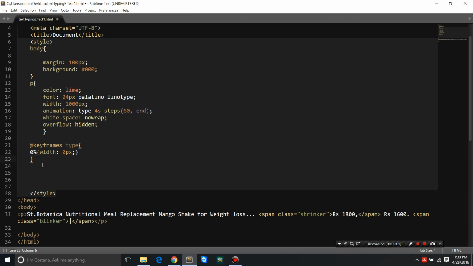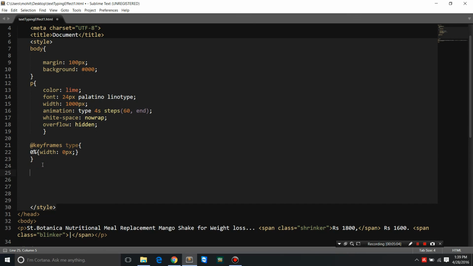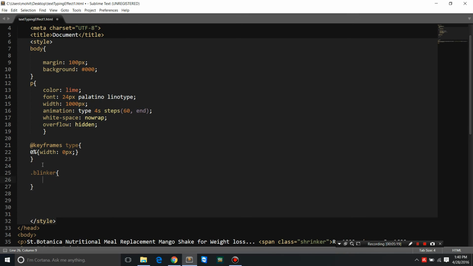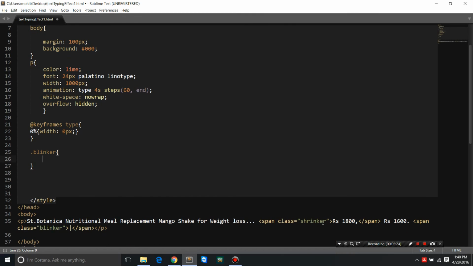Righto. So next, guys, we're going to jazz it up, as I said, with classes. Blinker and shrinker. Okay, so let's go with the class blinker first. Now I'm going to state out here, blinker is a class. This is shrinker out here, this is blinker out here. Blinker is for the blinking cursor, this character that you're going to make sure that it blinks now. How do we do it? By simply saying